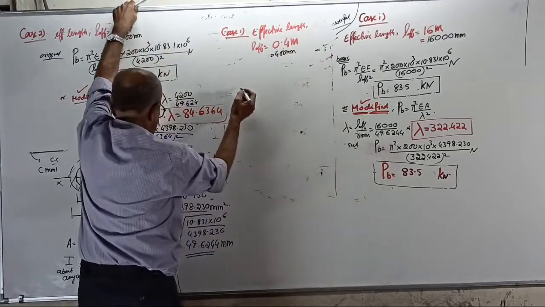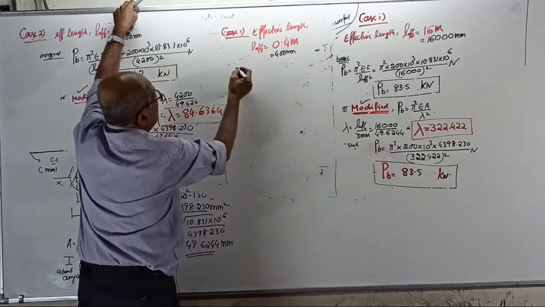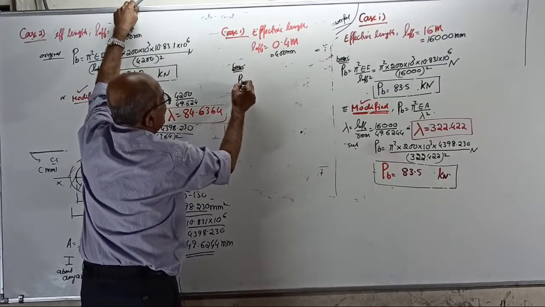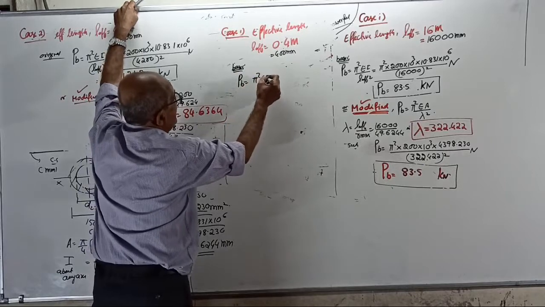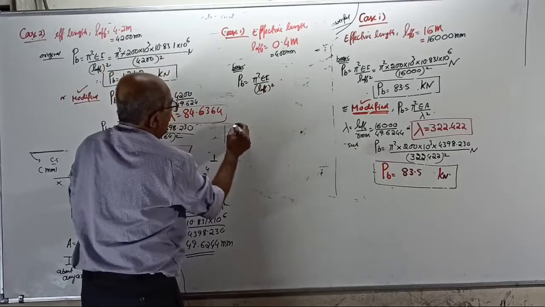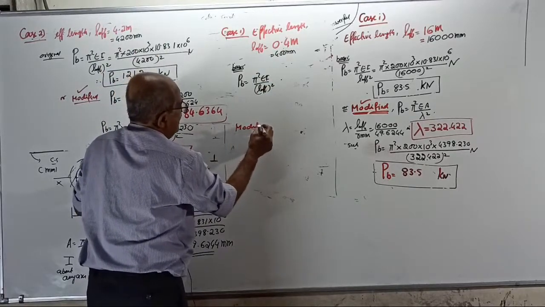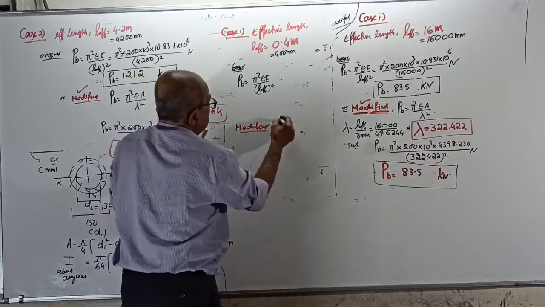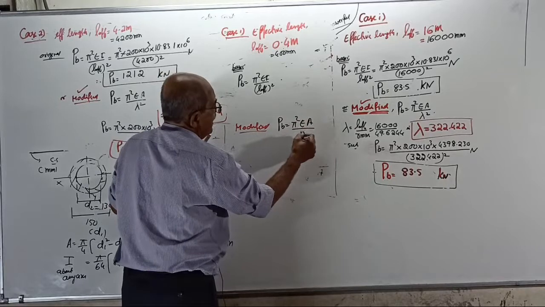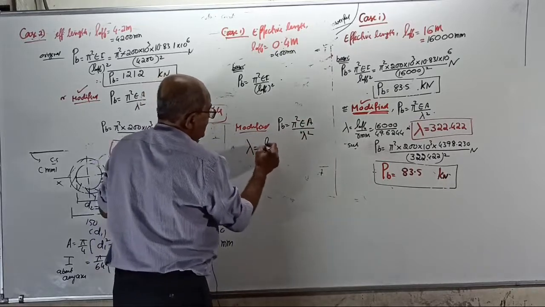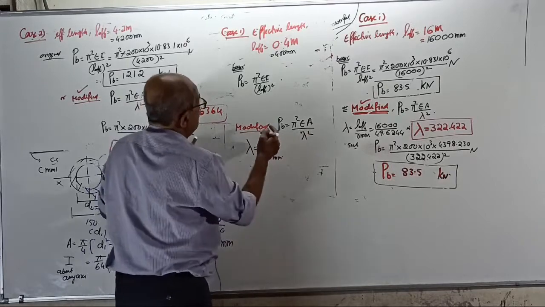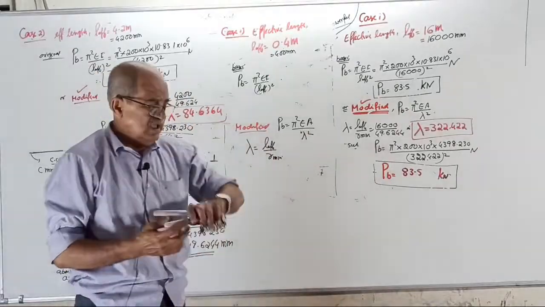Now, see, now do one thing. Basic formula apply. Get the buckling load. By what formula? Pi square EI by L effective square. Okay, then apply modified formula. If you use modified formula, you take buckling load PB equal to pi square EA by lambda square. Lambda you have to calculate L effective by R minimum. Calculate, substitute.